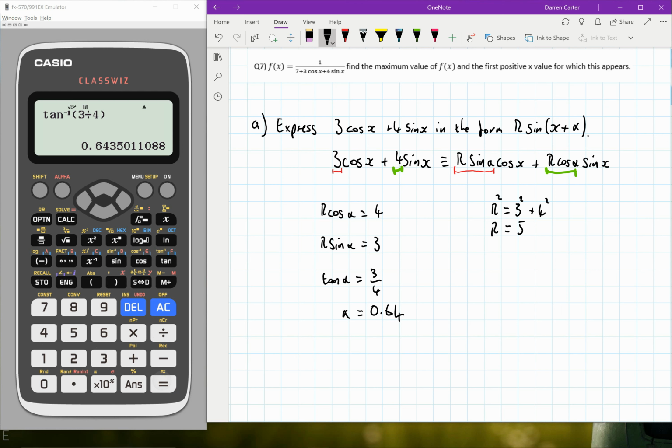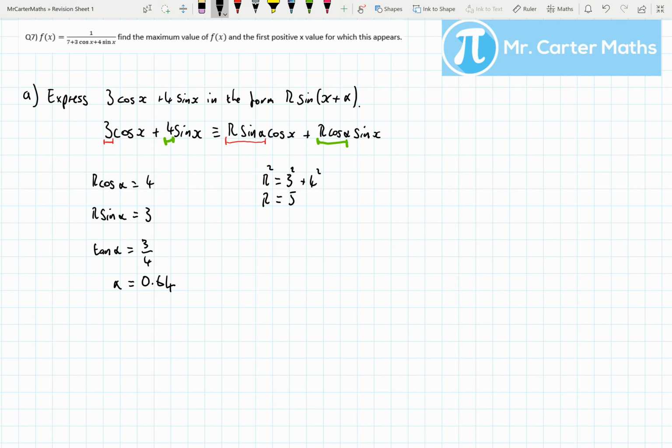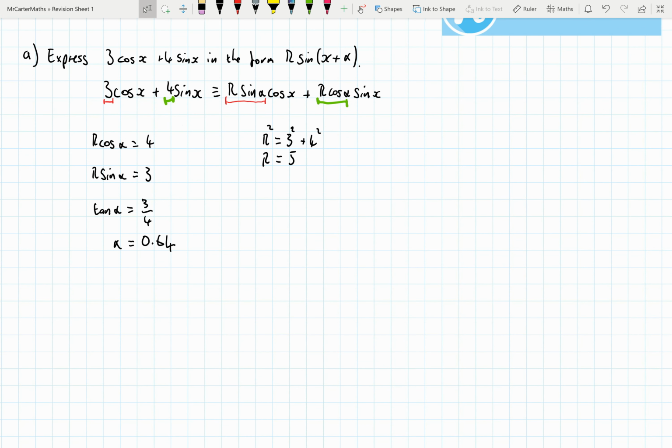0.64. Just realised I didn't tell you whether to work in radians or degrees, but I'll do it in radians. It shouldn't matter too much if you've done it in degrees. So I can now express that. I can say that 3 cos x plus 4 sine x is equivalent to 5 sine x plus